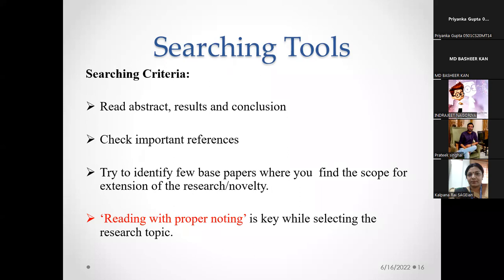What is the future scope? Some researchers also include limitations of their studies. So it gives you one point of ignition for your research, meaning you are moving towards the title selection by reading that future scope and limitation. Okay, if you are getting a certain idea, then you go for checking the references of them,